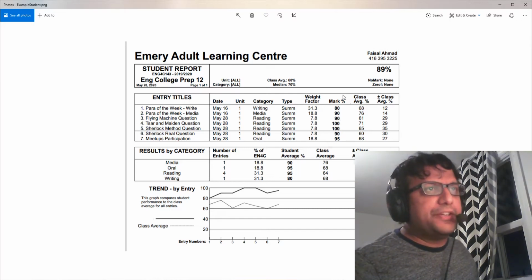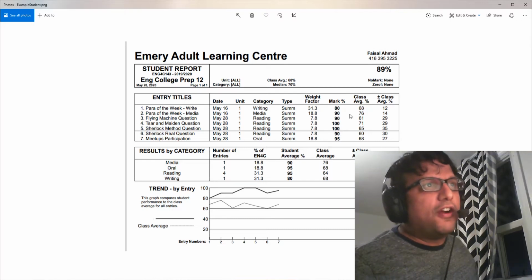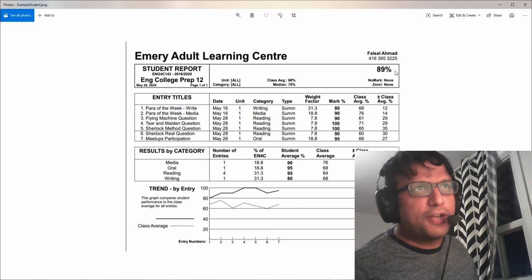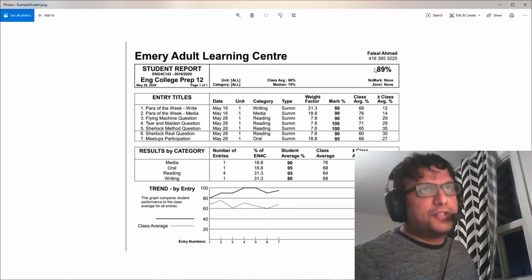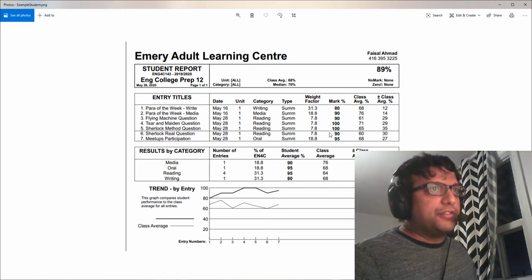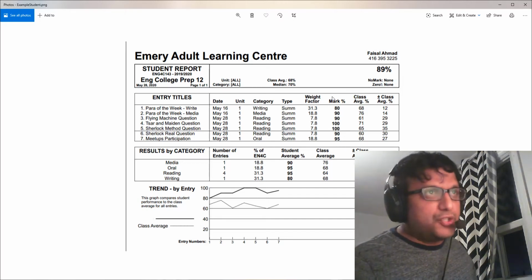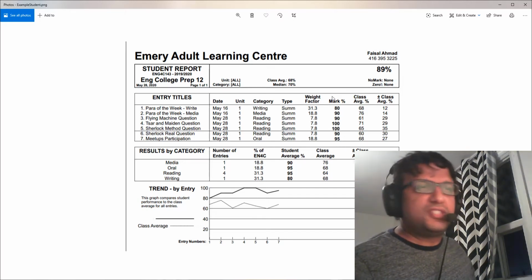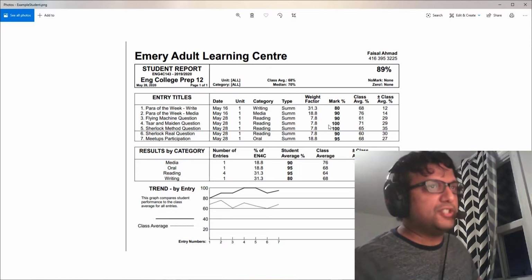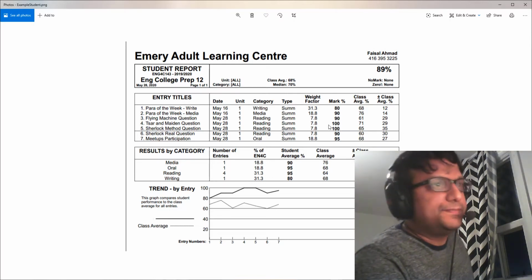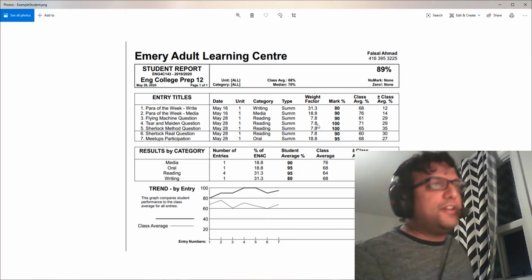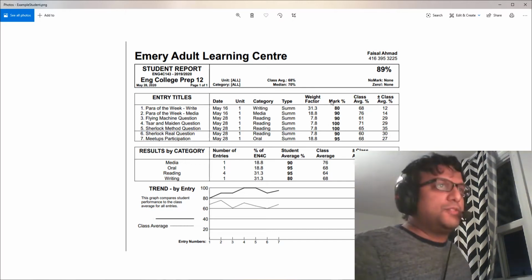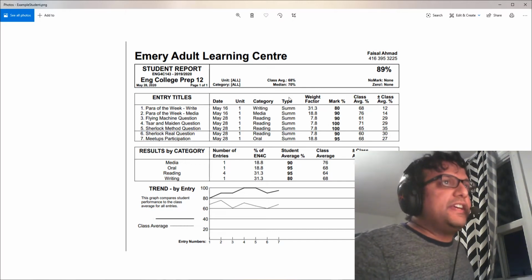This column here, mark percent, is your mark for each of the things. By the way, this one at the top right is your midterm mark. So yours will be at the top right here, and these are your individual marks, which are percentages. It's not going to say out of 10, it'll just give you the percentage grade that you got. These other numbers, you don't have to worry about them too much, but basically,